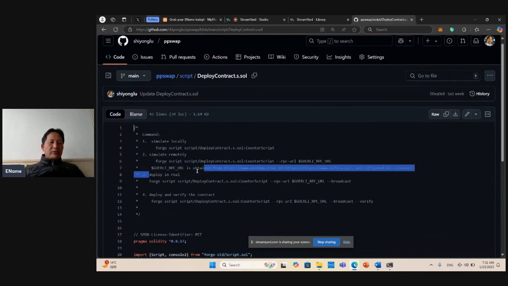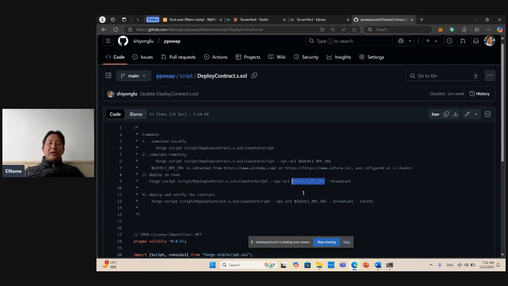I think you're probably going to use just step 3, or either step 3 or step 4 will do the same. Step 4, in addition, is going to verify the contract code. It's going to upload the source code and make sure the source code is consistent with the bytecode over here. Otherwise, you can simply use this and make sure you replace the GOLI URL with your URL of the